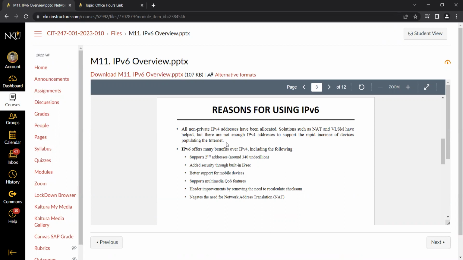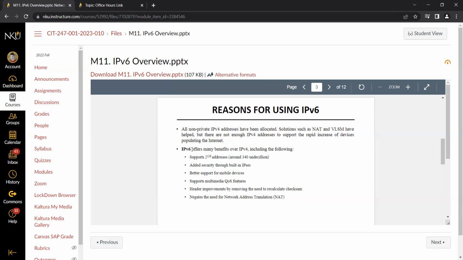But consider this. Not only do these phones have IP addresses, think about other things that get on the internet. They need an IP address. Your car, your washing machine, your refrigerator, your light bulb, your security system all need an IP address now. It's all getting on the internet. Whether you like that or not, it's the way things are going with this Internet of Things. And IPv4 cannot support that, and that's why